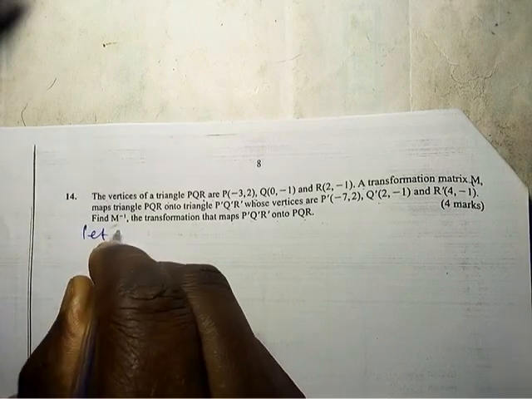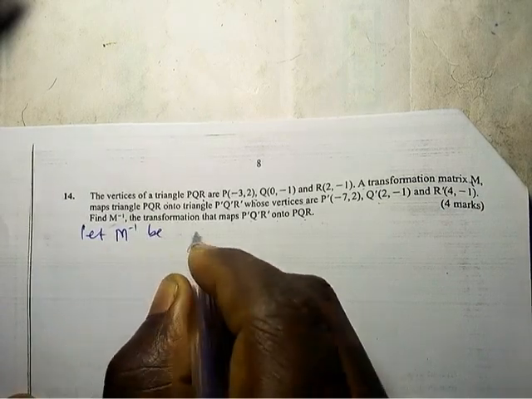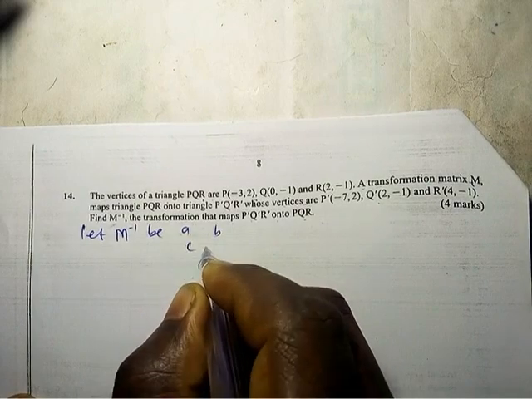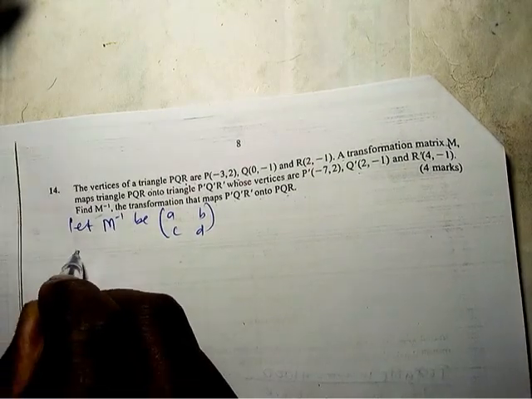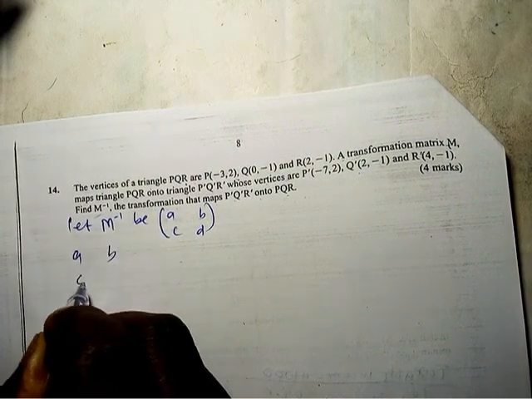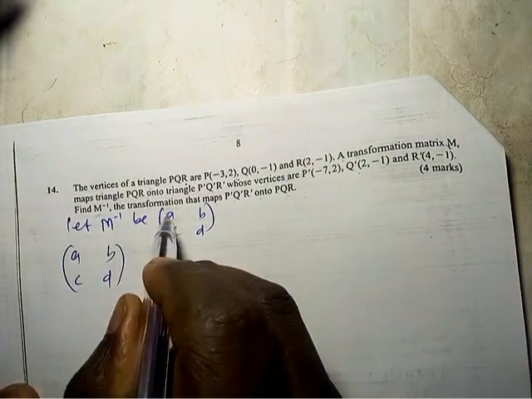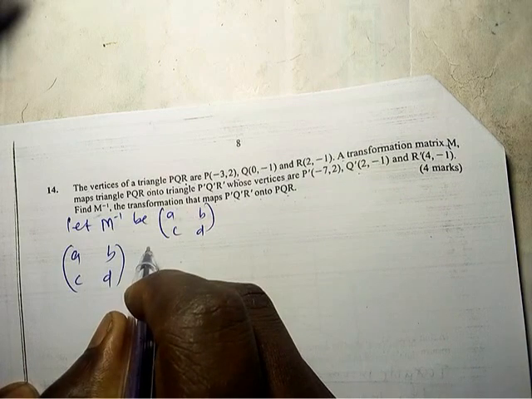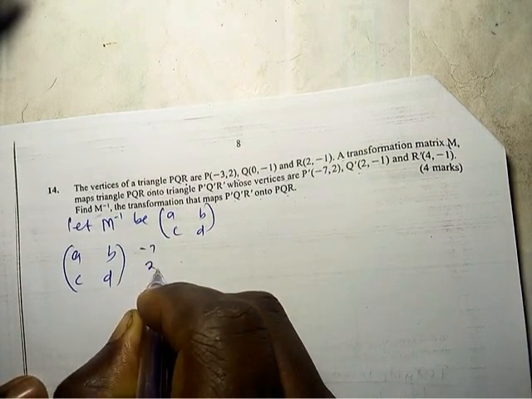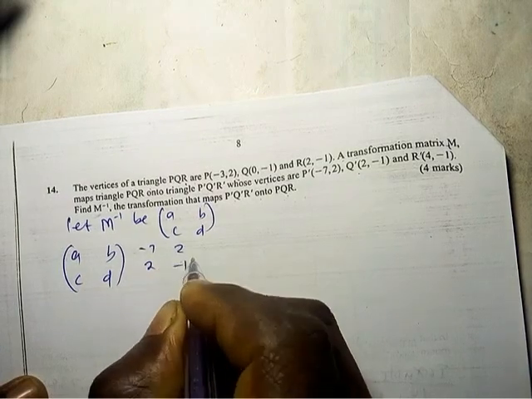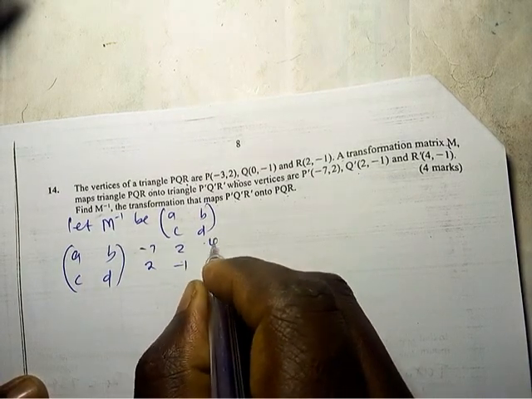Let M inverse be A, B, C, D. That is the matrix. So A, B, C, D times the object image -7, 2, 2, -1, 4, -1